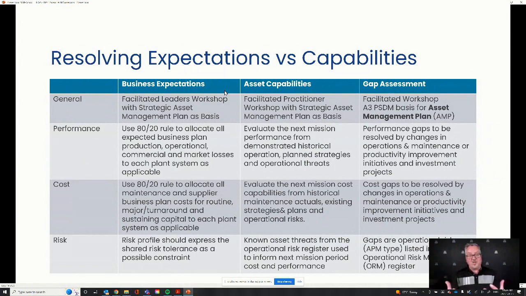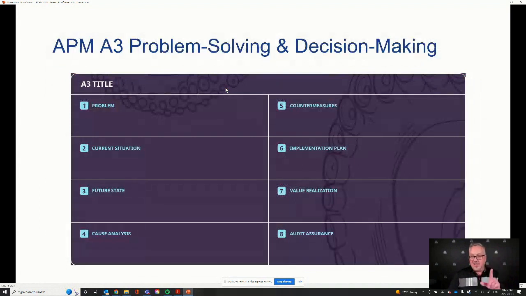And we perform that gap assessment in these workshops, and what comes out of it, the other side, I'm not going to go through all these words, is an asset management plan. So that's the deliverable, which of course is one of the key documents in an asset management system. But because you've gone through this fairly structured process of understanding the expectations and the capabilities in those three arenas, cost, performance, and risk together, now you've got a really rational story to go along with what those business expectations are. And of course, we can track that, right? Another key thing is, how do we go about doing that? If we see a gap, how do we manage that?